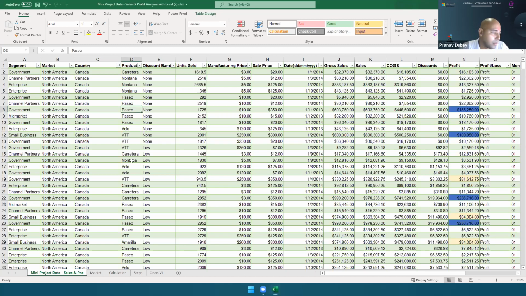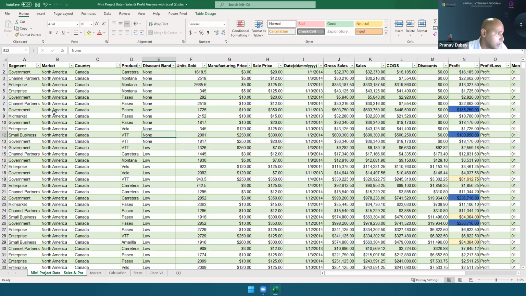Okay. And now multi-level sorting we are going to do. Suppose first I want to do sorting on segment, or maybe just market and country, let's focus on, because we have a set and subset, like continents, and then we have countries, states, cities. So when we have a subset like this, we try to sort our data accordingly, a bigger set then lower set.